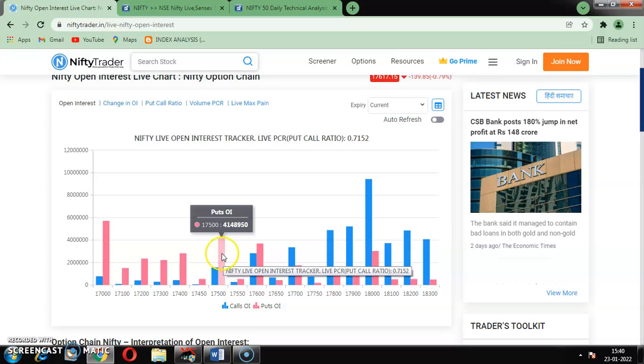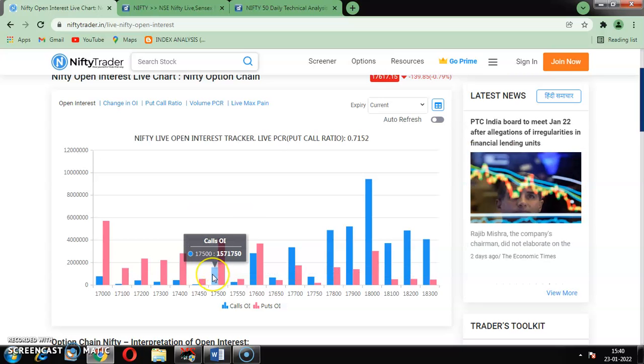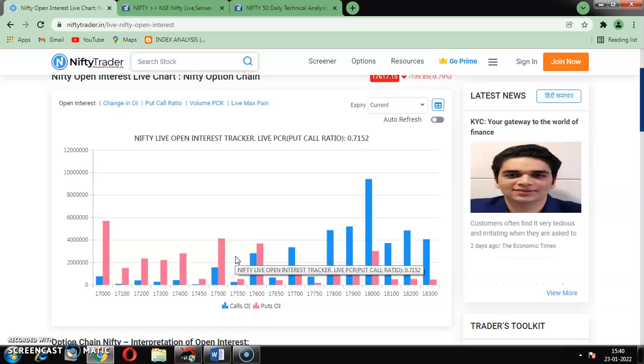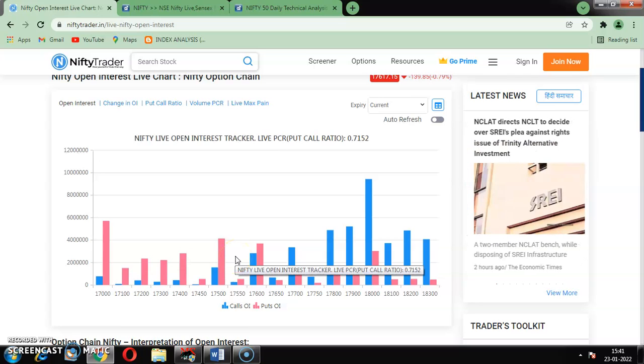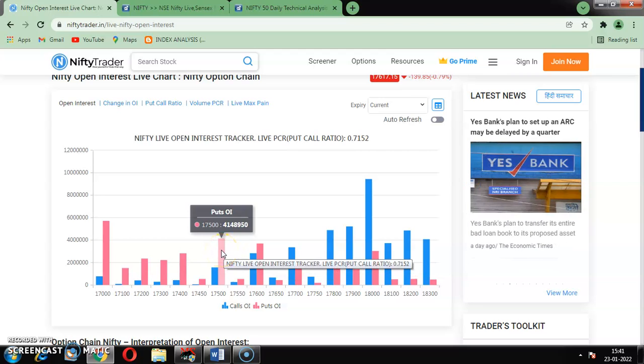17,500 put. That put writing is increasing more. Put writing is more than the call writing with the strike rate of 17,500. It means institutional traders are basically considering the put writing of 17,500, but here at 17,000